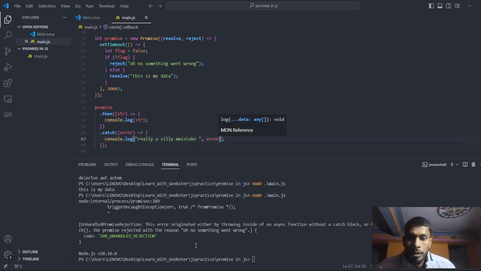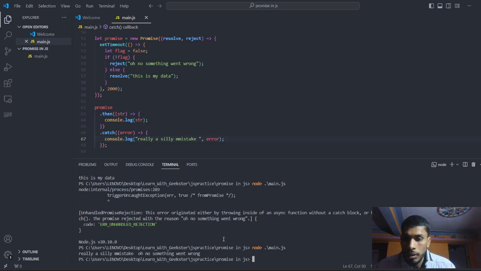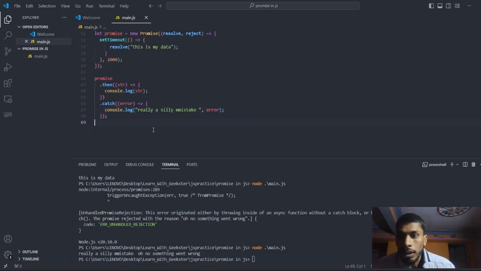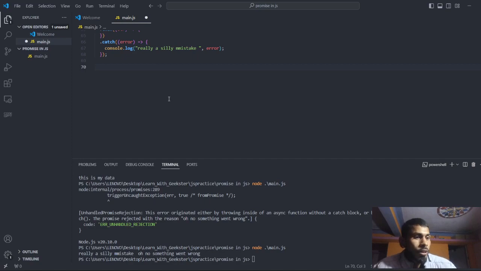Error. Now let's run this code. So successfully you have handled your resolve and reject callback function with the promises, right? Now let's take a look at that particular thing that remains, which is the